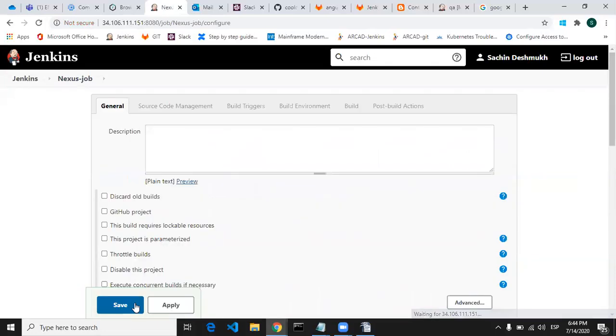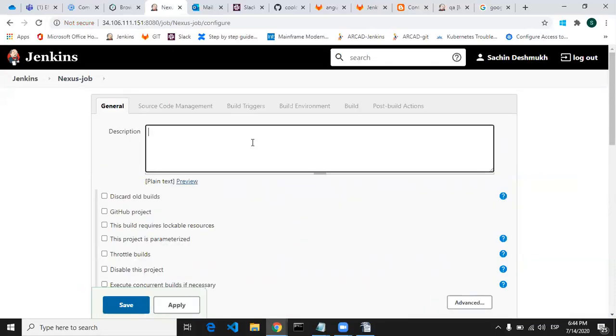Click on OK. Give some description, like continuous delivery and Nexus upload job.